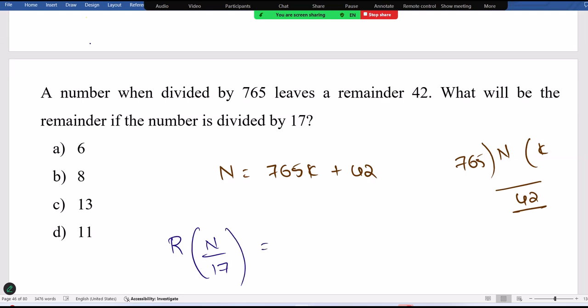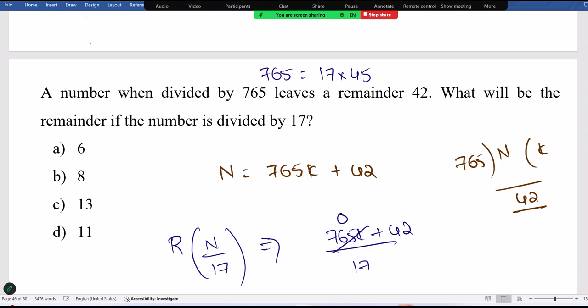So when you divide that number by 17, see 765 is nothing but a 17 multiple. 17 4 times is 68, 5 times is 85. When you divide 765 with 17, the remainder is 0